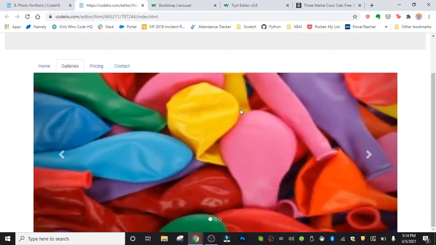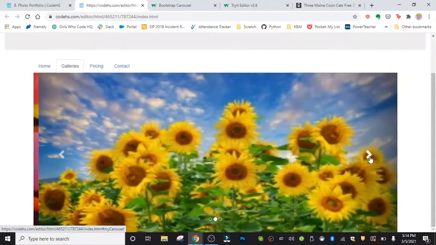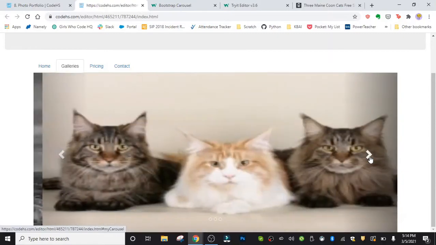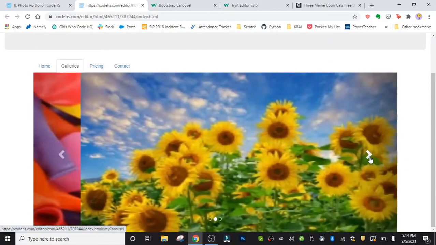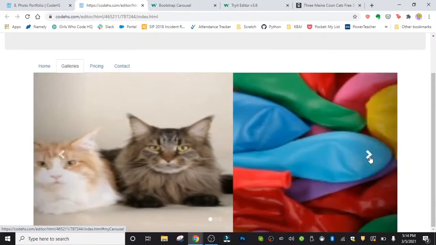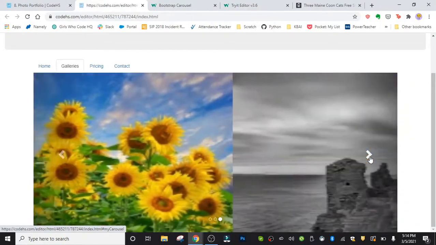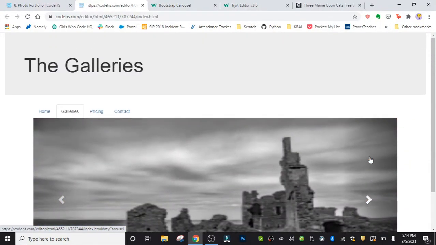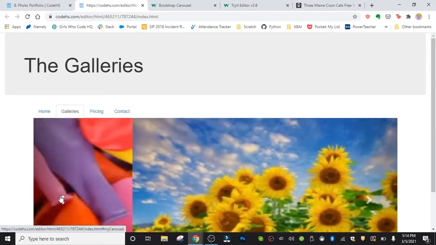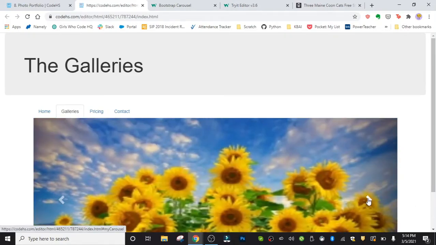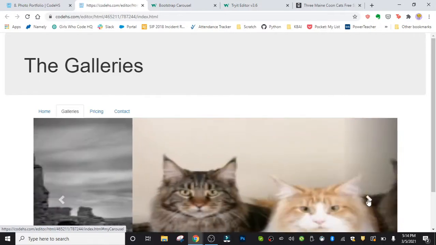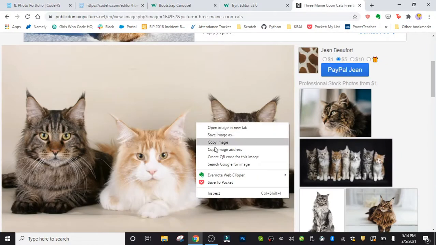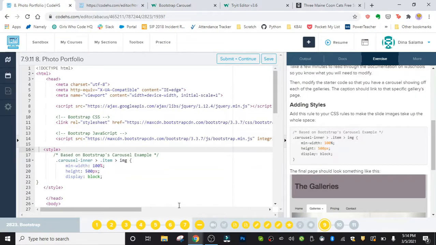Okay, excellent. All right, so if the image is looking a little too blurry, you might need to go back and get that larger image anyway, but I think we get the idea. I'm going to go ahead and show you what I mean. So for example, this cat's image, if I replace it with this instead, copy image address,